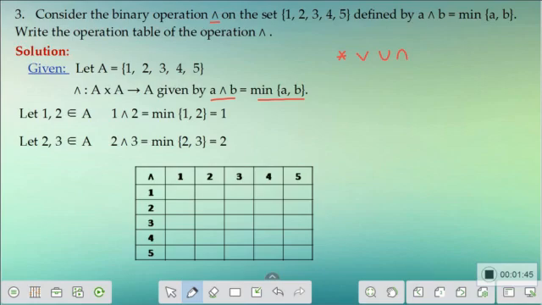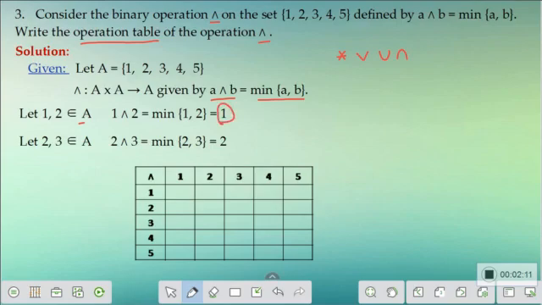This means that we need to list out the elements of the set inverted V, for which let us calculate a few values and then put them in the form of a table. Let me choose the first two elements, 1 and 2, in the set A. Now if 1 and 2 are elements of A, then 1 inverted V 2 is nothing but the minimum of 1, 2, and that is equal to 1.